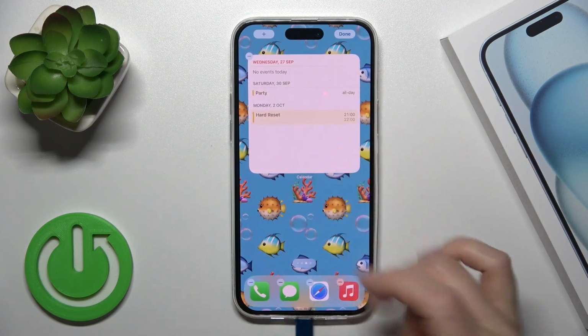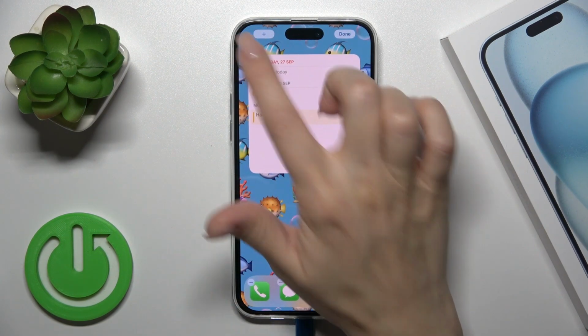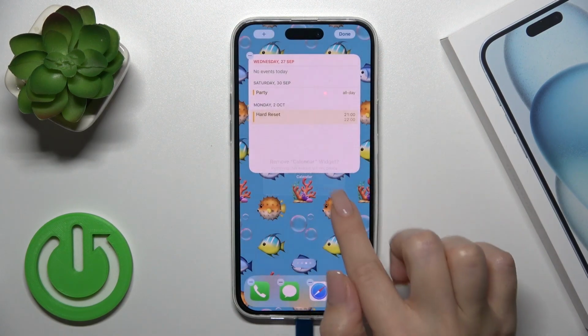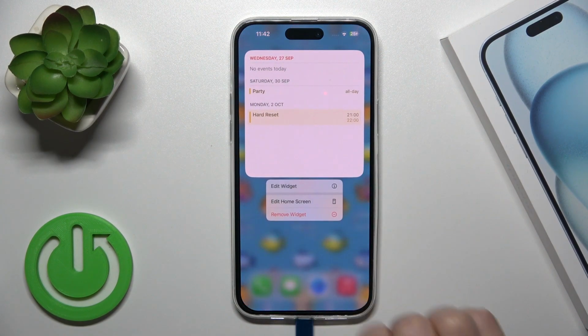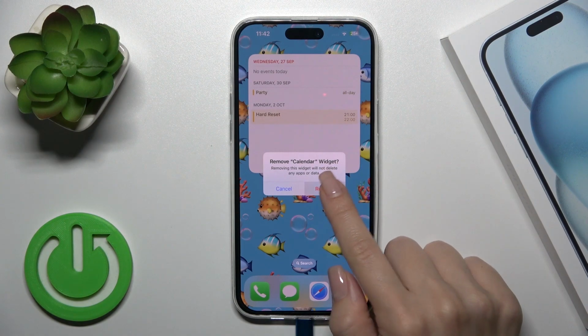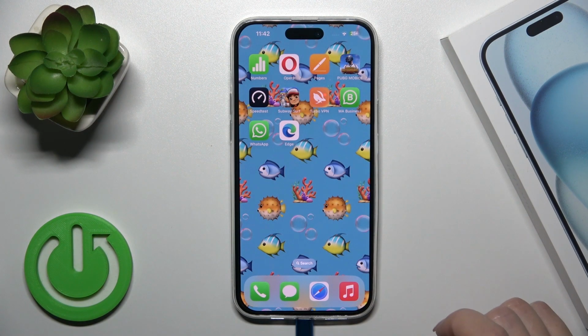You could also, in the same way, tap on it, and to remove it just click on this minus, or just hold the widget for a while and tap remove widget and confirm your action by tapping the remove button. So that's it, thank you for